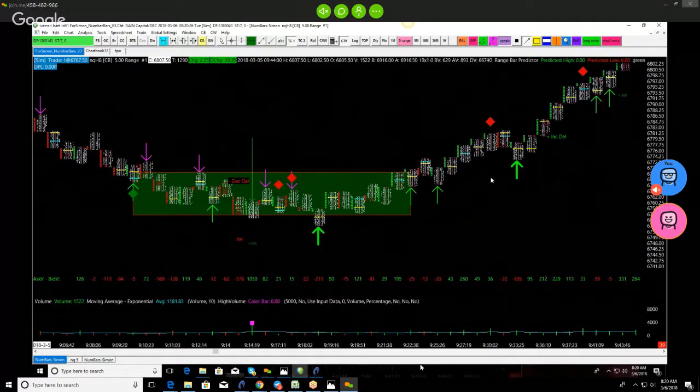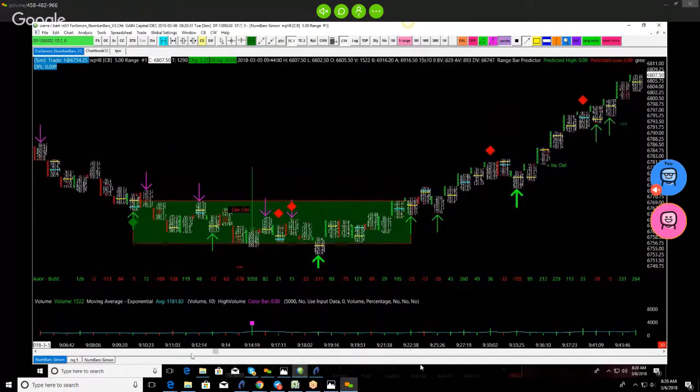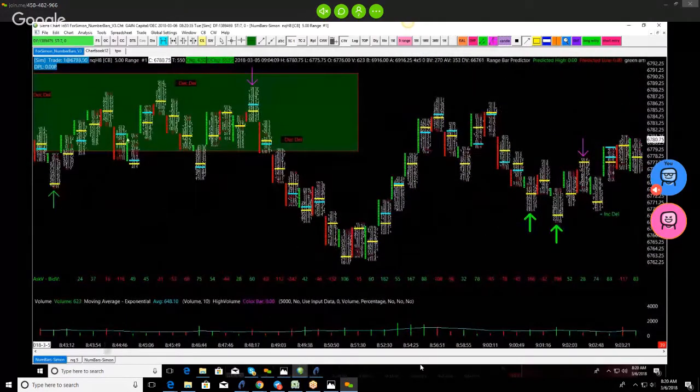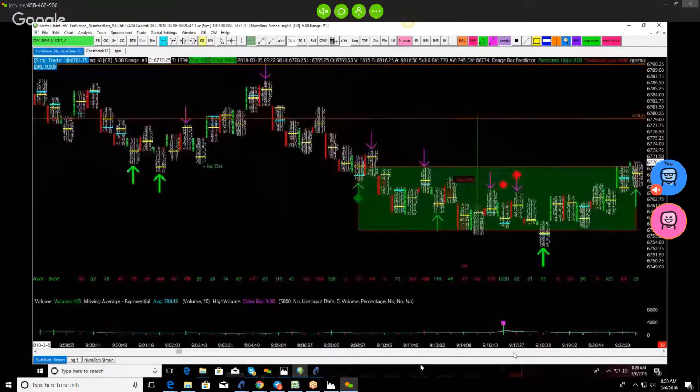The next area I need to get above is going to come over here to the left. I now need to get above this delta push down right here. So you could basically say the bottom of that swing was here, the top of that swing was here. So watch how it handles it. We made an attempt above. We couldn't get back above. We push lower, right? I hope this is making sense, y'all.